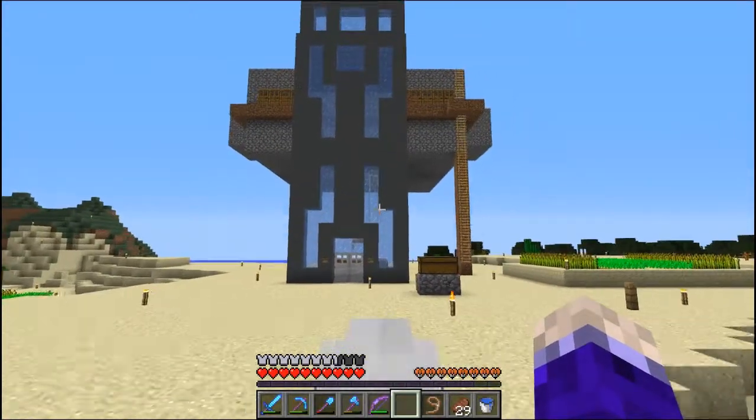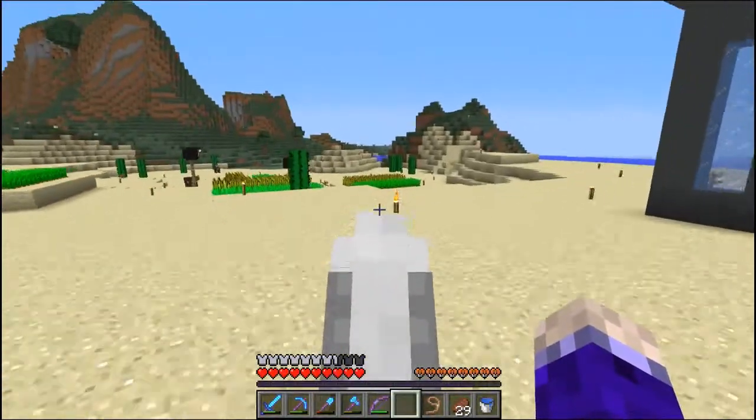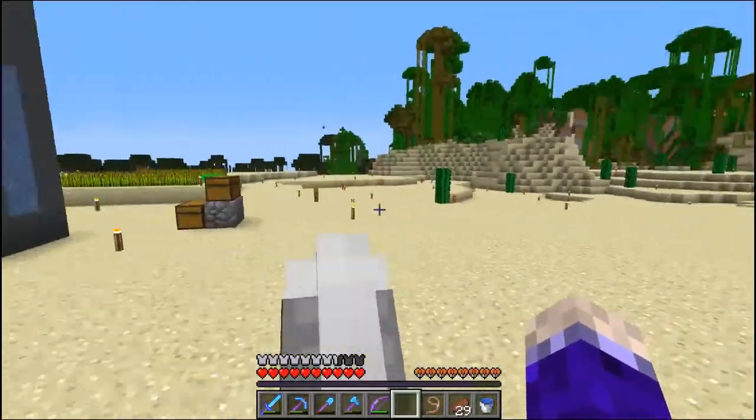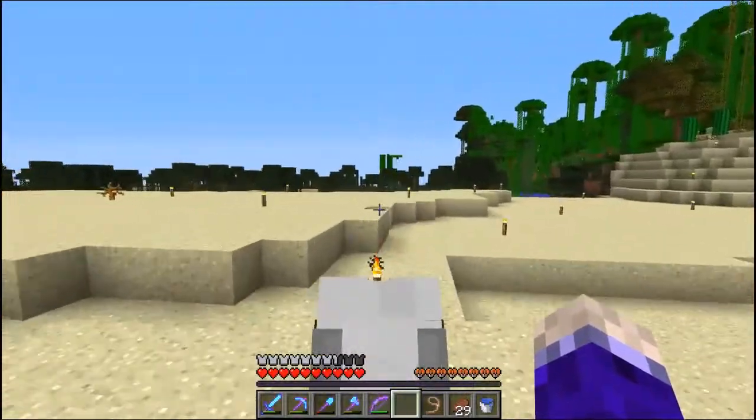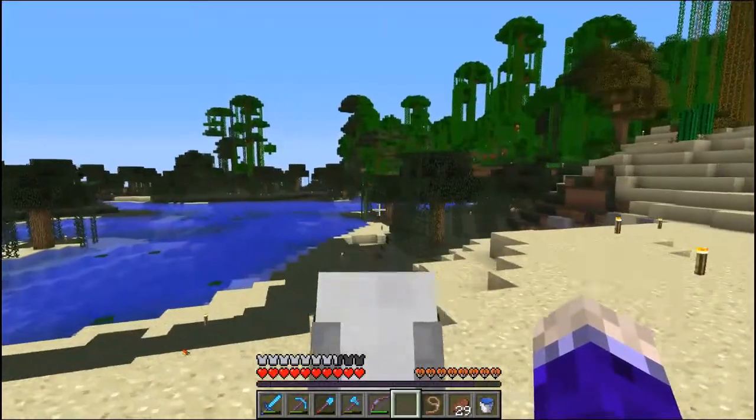I'll give you a little bit of an explanation here. If you remember, all that you see left here are the farms, all that's left of this little desert village that's out here. If you go down here towards the swamp, you see